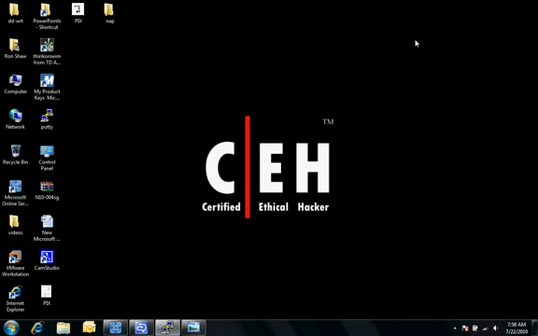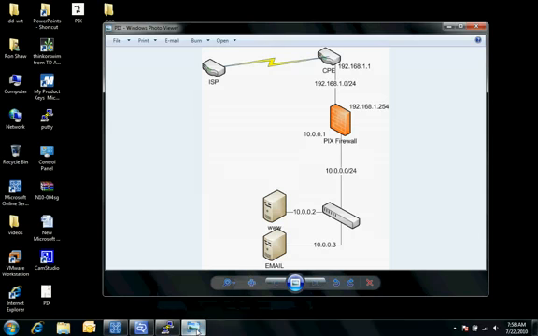My name is Ron Shaw, and this is going to be a short video on how to do the basic configurations of a Cisco PIX firewall. Now, first let's begin with our topology. As you can see here, this will be our PIX firewall that we're going to be configuring. By the way, it's a Cisco